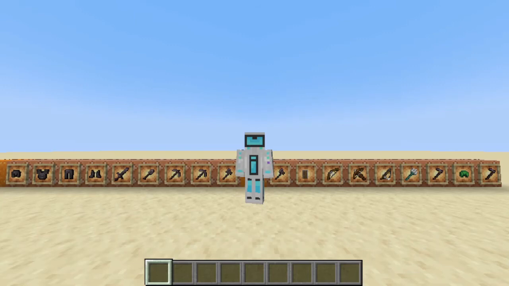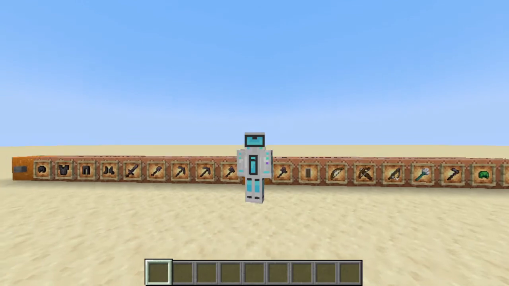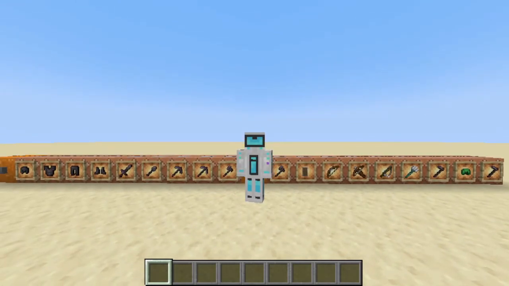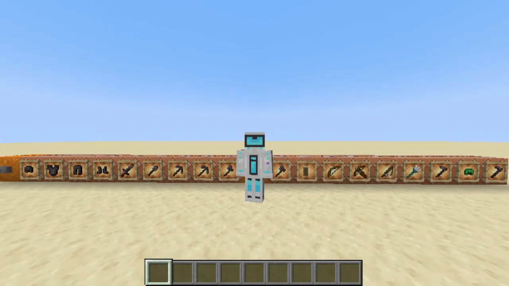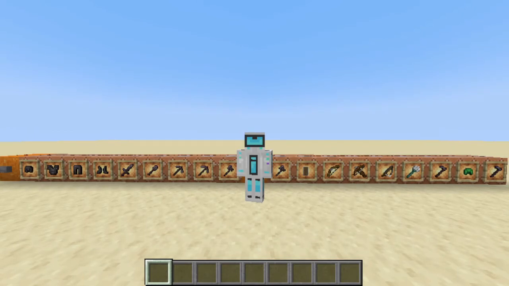So, next comment says, "give me all command, please." All the commands are in the description of the video, so yeah, I don't know where you got that from. Just look in the description. And then the next question is, "by the way, I can't copy the description that you made me." I don't know why. Well, it's most likely that